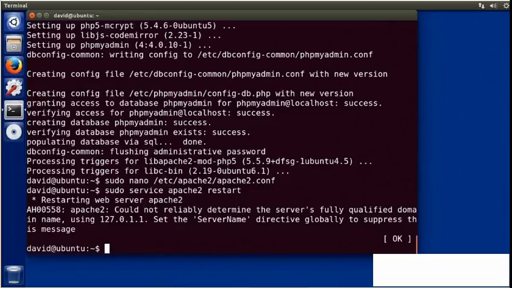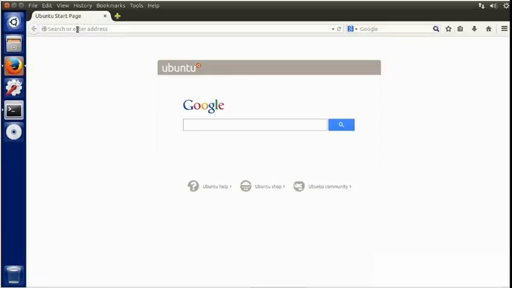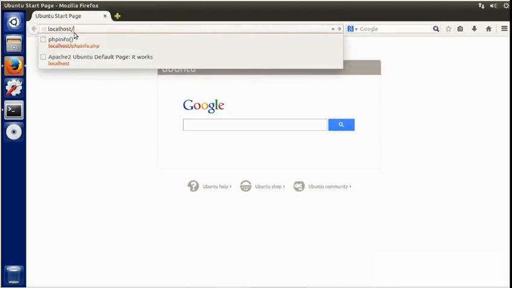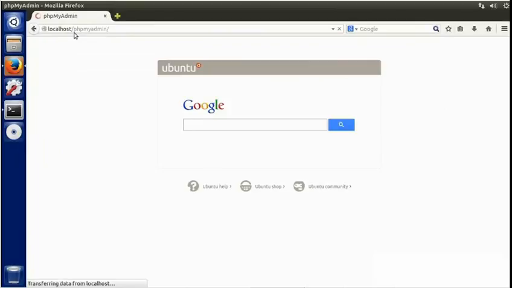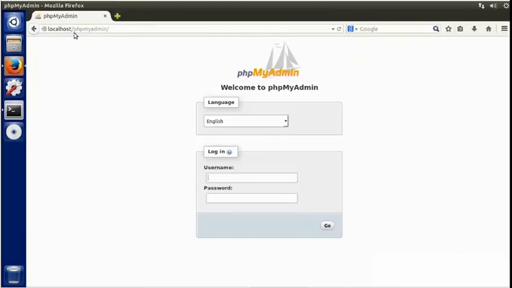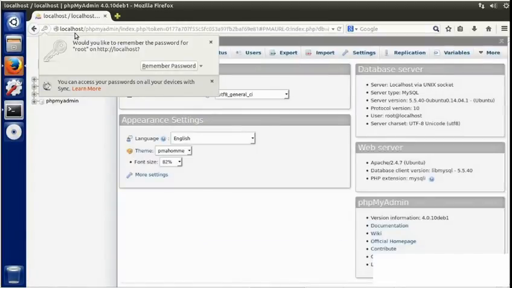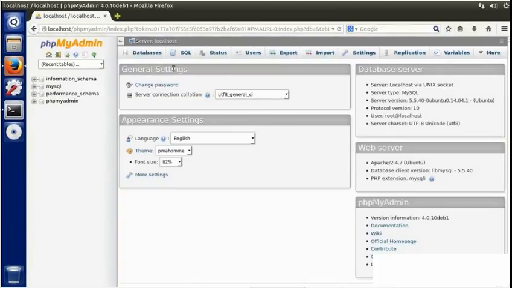And finally, I'm ready to fire up phpMyAdmin. I'll go to a browser, and I'll type localhost/phpmyadmin. And if everything goes well, you should get to the phpMyAdmin login screen. I'll type the username for the administrative user and the password that I created when I installed MySQL. If your browser prompts you, you can remember the password to easily get into phpMyAdmin in the future. And if you see this screen, you now have MySQL working, and you have an administrative interface you can use